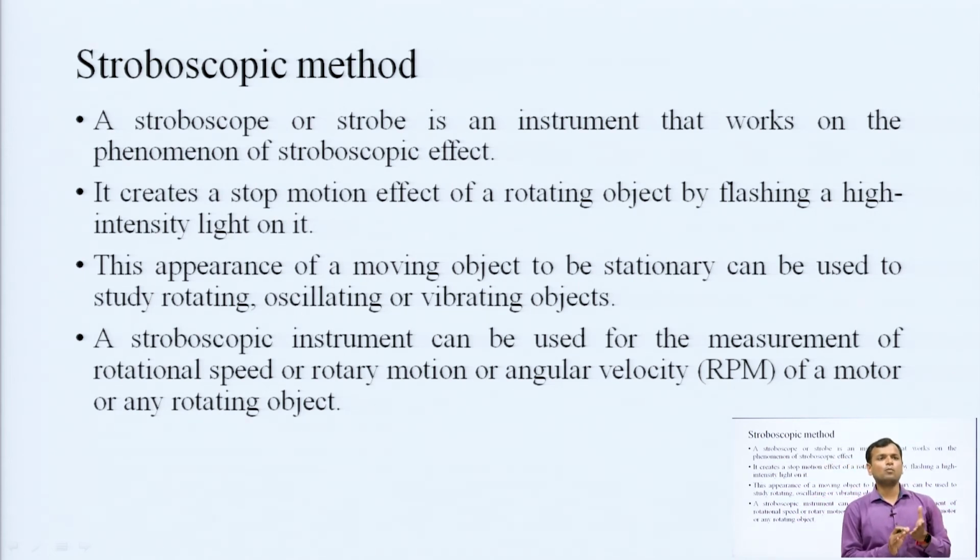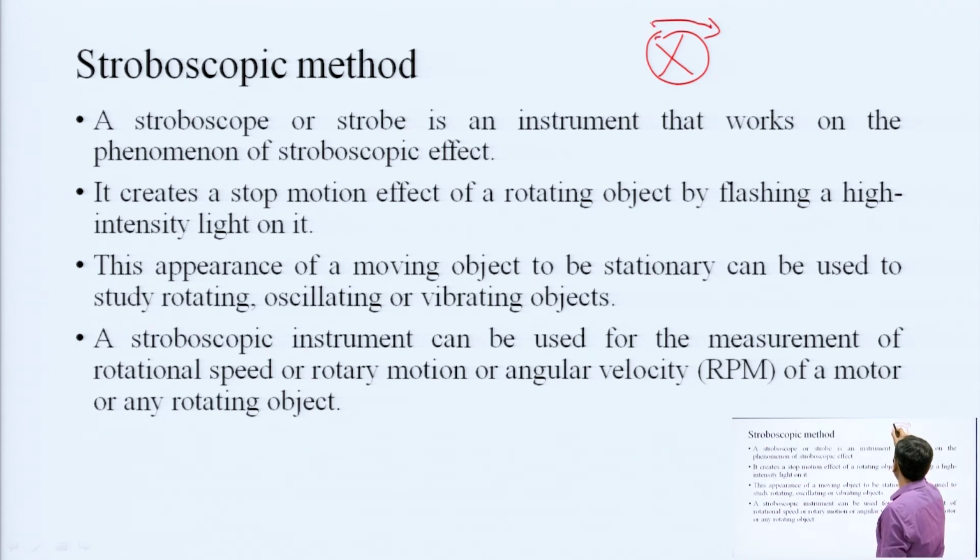A stop motion effect: a very high speed rotation is there and we will fix one part. The basic principle is that when I have one wheel and I am moving this wheel in this direction, and the speed is very fast, by my eyes I can see that it is moving in an anti-clockwise direction, but it is actually moving in a clockwise direction when the speed of rotation is very high, and there is some type of mark over there.